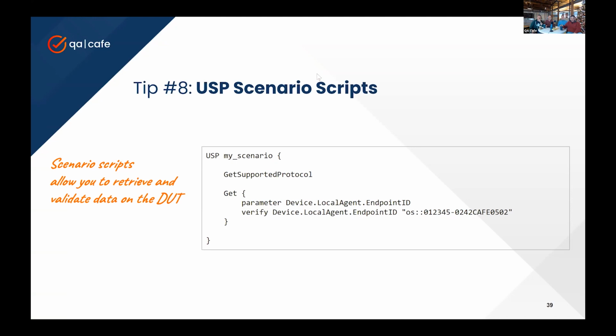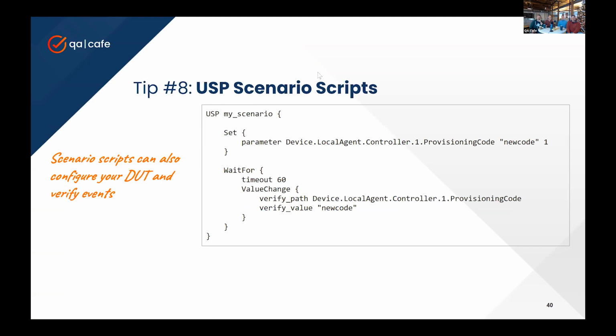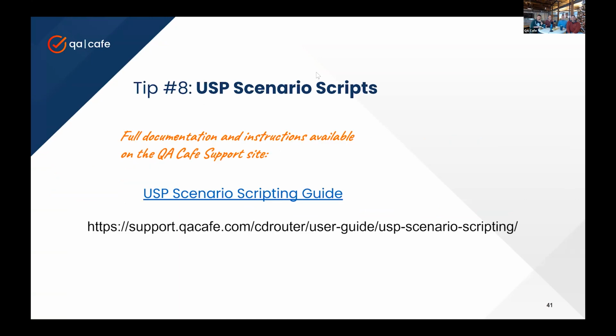You can see in this example, it just has 2 commands. The second command tells you which parameter you want the controller to ask for, and then to verify that the value returned matches a particular pattern, or a value in this case, but you can do patterns, ranges, other things like that. You can also set things or make changes on the device. This is the link to the documentation,